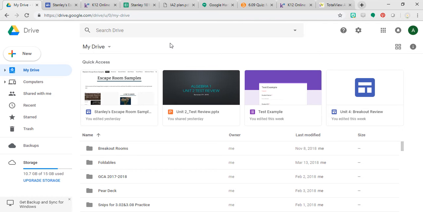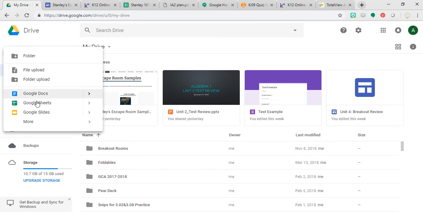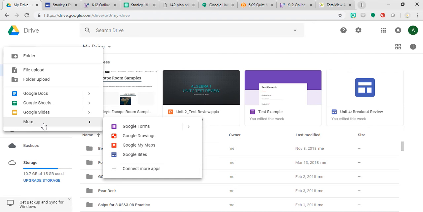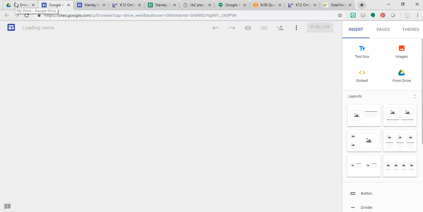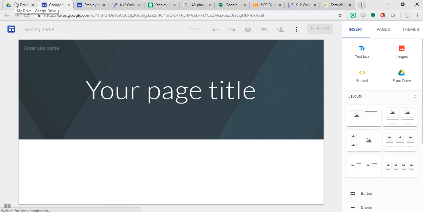Google Sites works just like Forms and Slides. So if you were to go create your first Google site, you would go to your plus sign in your Google Drive, and then you can go down here to Google Sites. You can also access Google Sites by going to sites.google.com. I just typically go to my Drive first since I'm typically dealing with more than one type of Google